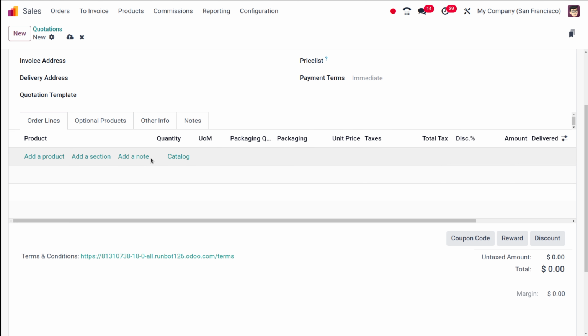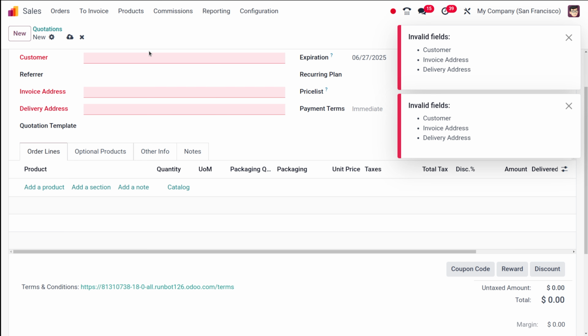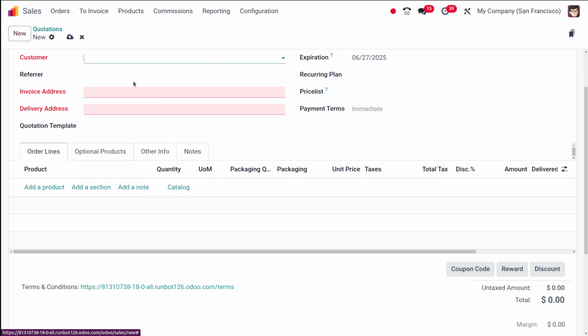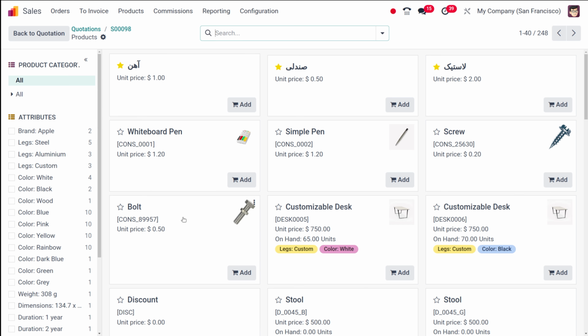You'll see the products, the quantity, and along with that, you can see the catalog. On this first blank line, you will see a catalog link, and click that. So I'm going to click that. Before that, you have to specify the customer, otherwise you can't click there. So the customer is chosen, and now I'm going to click on the catalog. And boom, the product catalog opens in a new dedicated page.